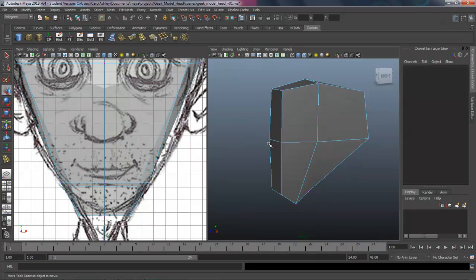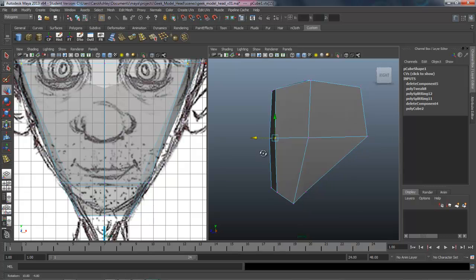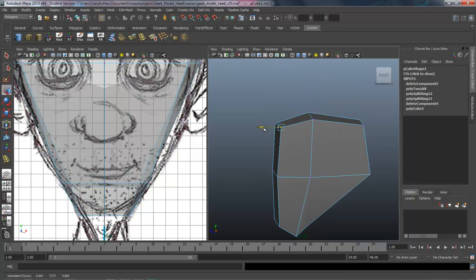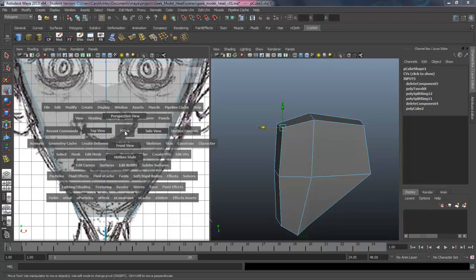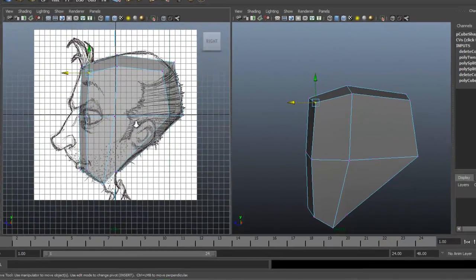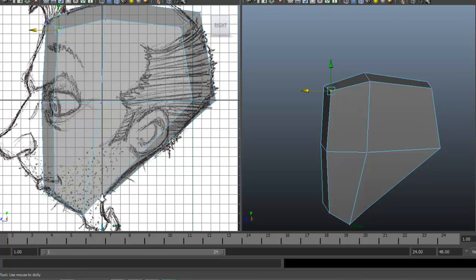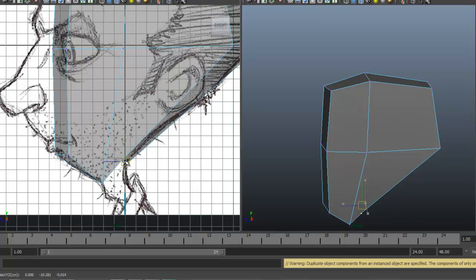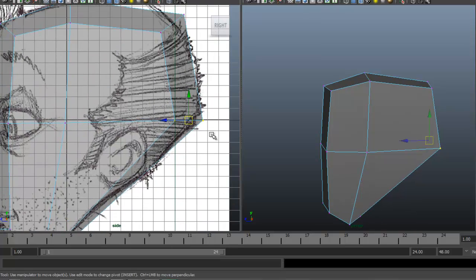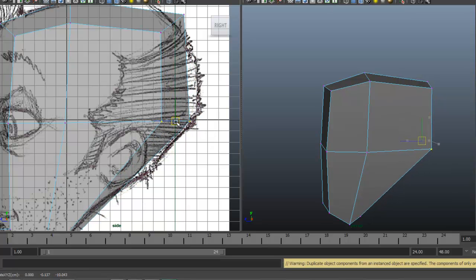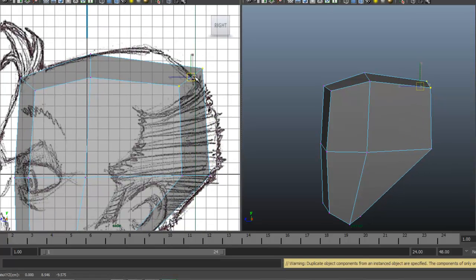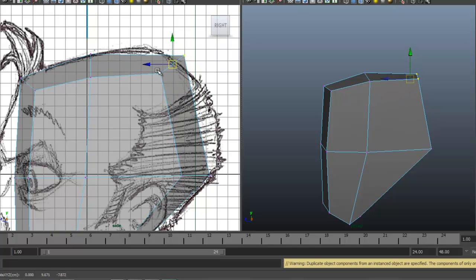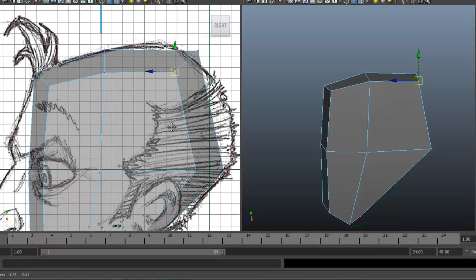So I'm going to grab this vertex and kind of pull it back as well. Same thing here. Let's just come to our side view here. And actually the neck is quite narrow like that. Probably just needs to be pulled down a little more. About there. Okay, this has come out just a little too far, so I'm going to pull that in. Same thing here. So this will get rounded out as we start inserting some edge loops. I'm just going to kind of pull it up right there for now.